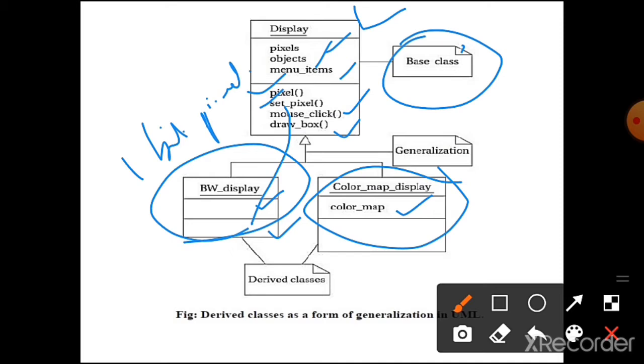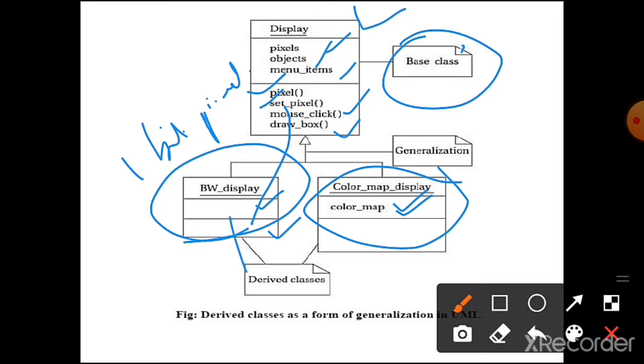This color map attribute determines how pixel values are mapped onto display colors. So we need a new attribute, and we add a new attribute color map to the color map display class.